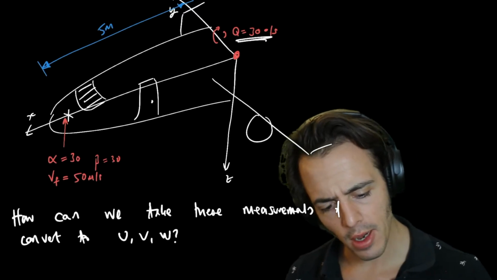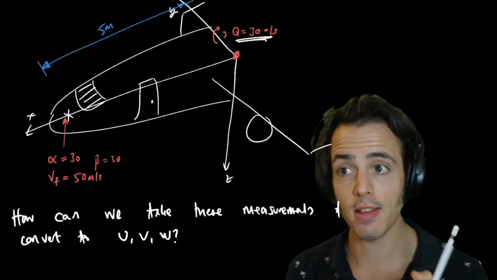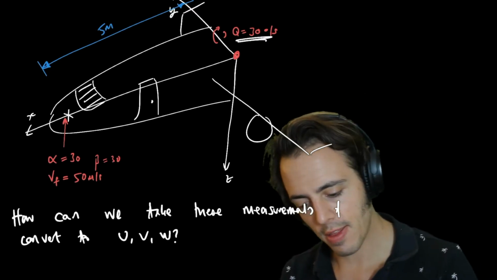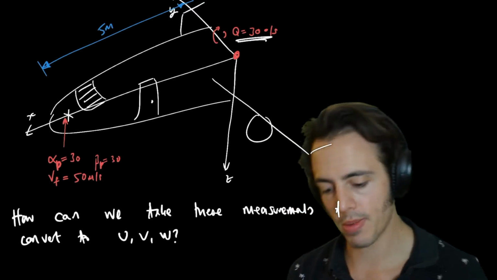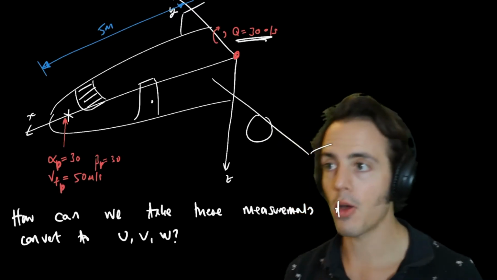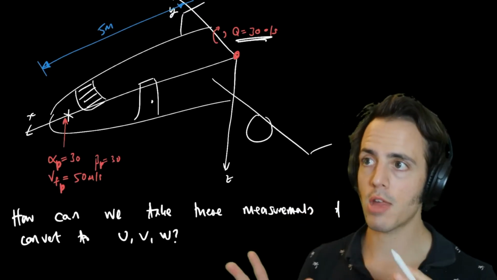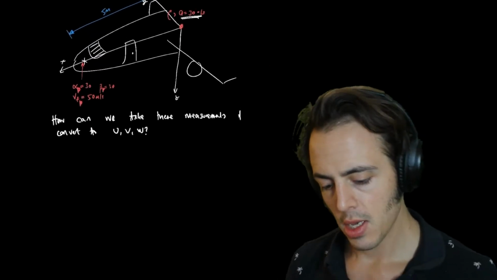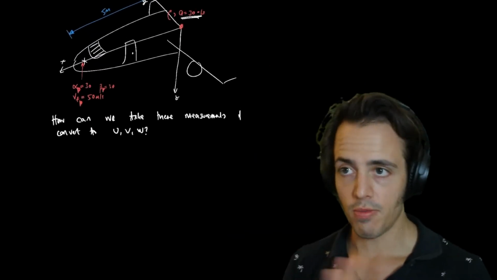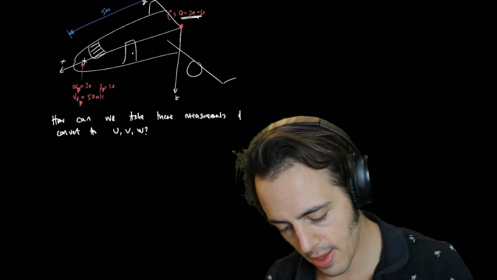The first thing we're going to note is that these measurements that are being taken are actually not the angle of attack and side slip of the aircraft. These are the angle of attack as measured by the probe. So we're going to give them subscript P, and the same for the total velocity. So these are components that are being measured on the nose, but they're not the same as the aircraft total components. We're going to use basic relative motion to say that our